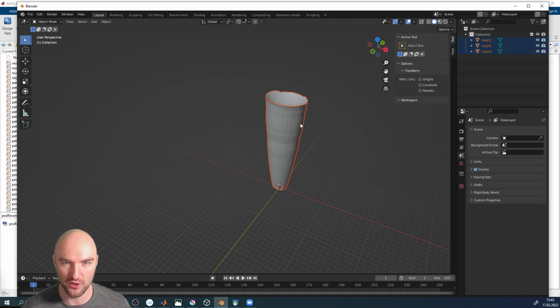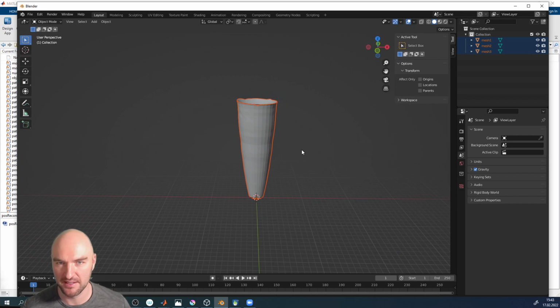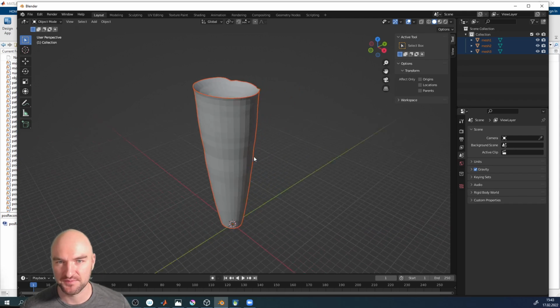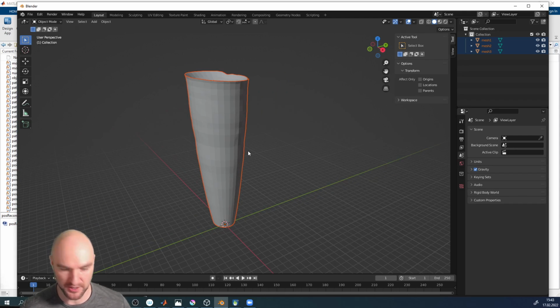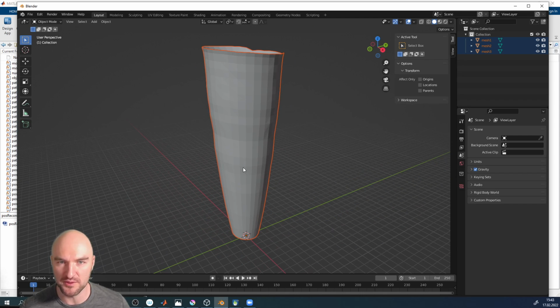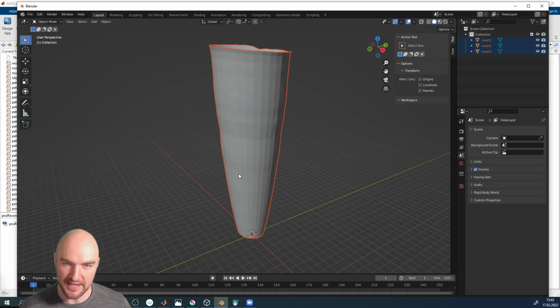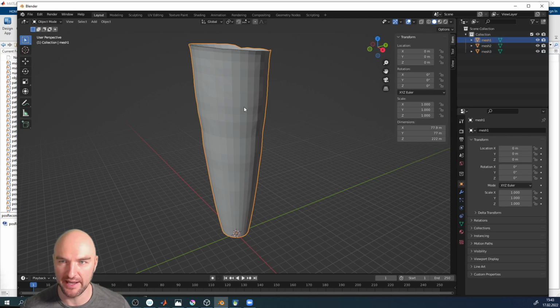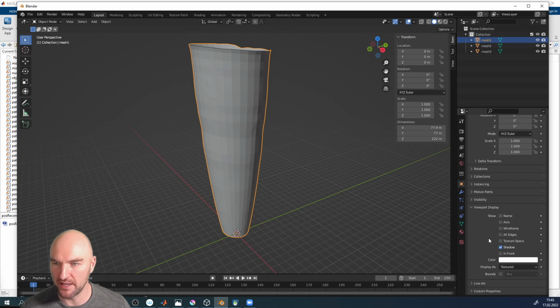And I hope you all know how to navigate in Blender. For everyone that's maybe a little behind on that one: middle mouse button for rotation, shift middle mouse button for panning, and the scroll wheel for zooming. Now I'll make the whole thing a little bit transparent. I'll select it by clicking on it, and if I go into Object, Viewport Display, I can show all edges and show the wireframe